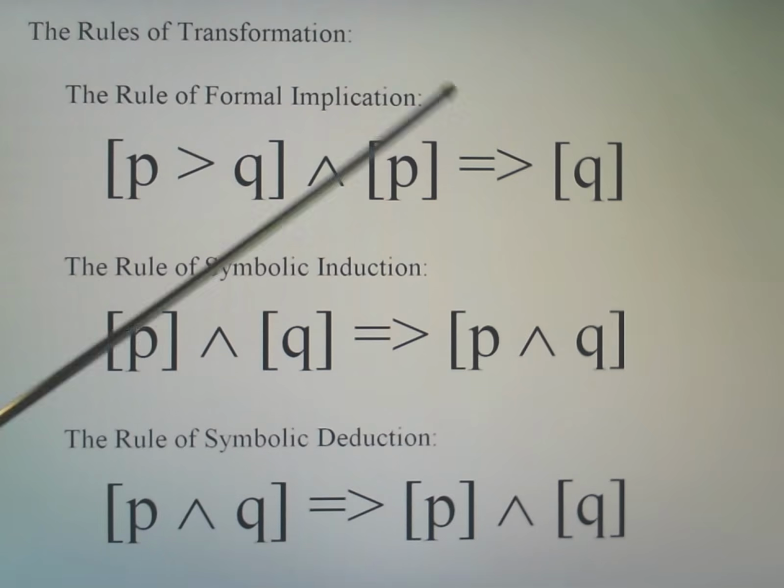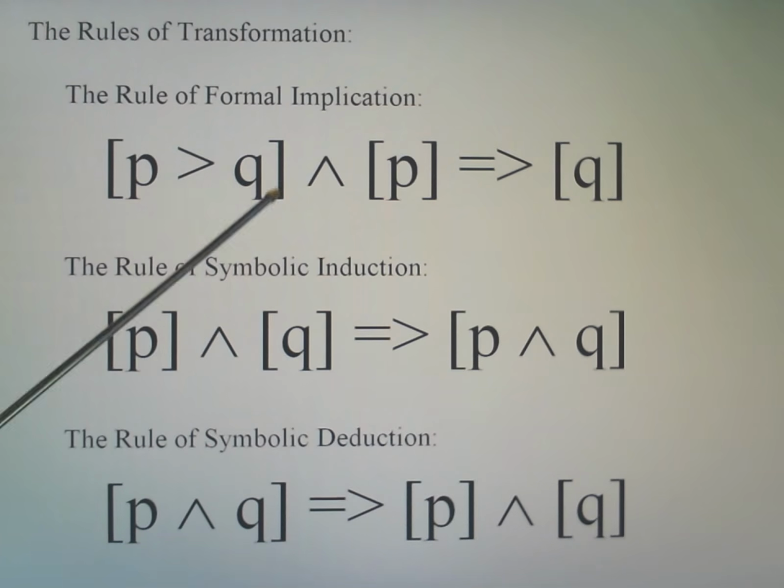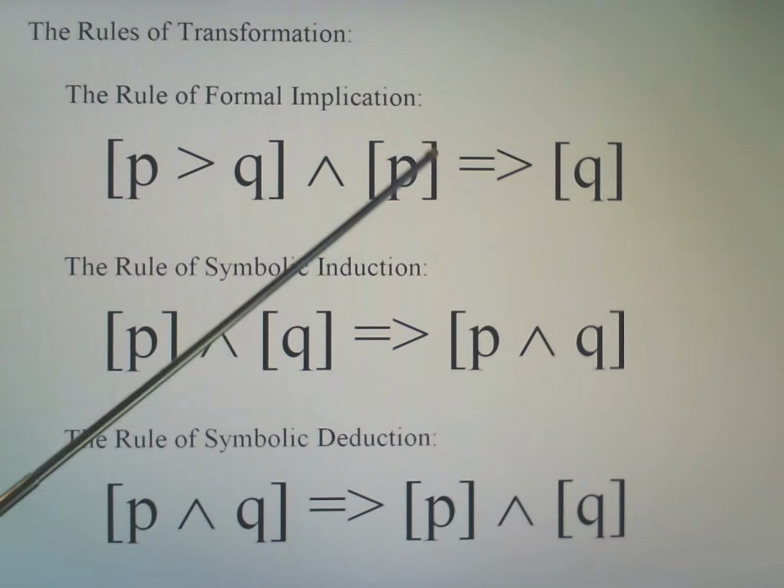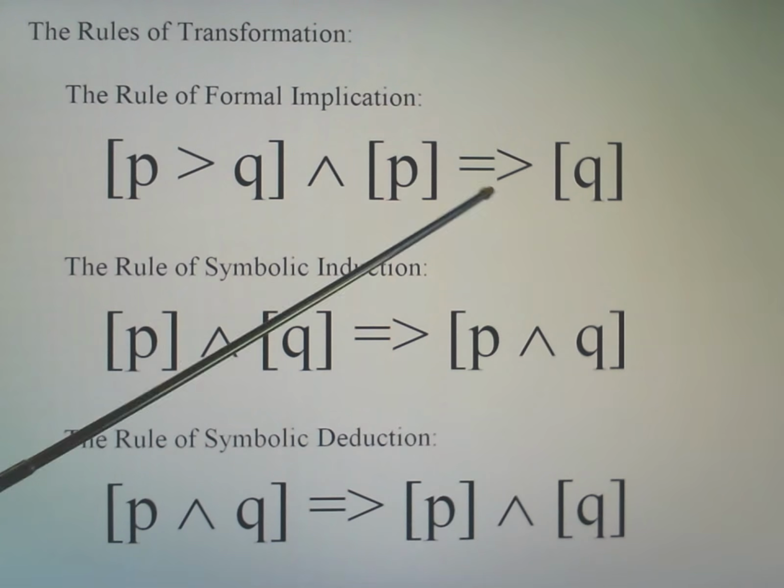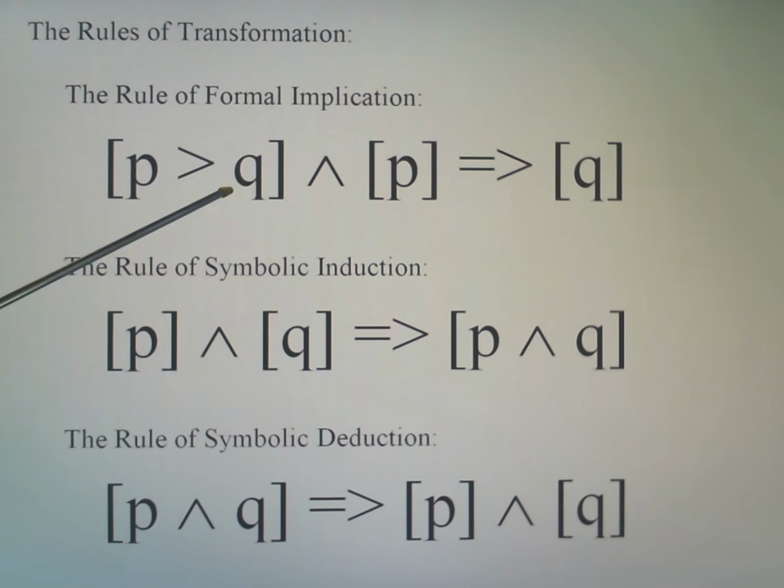And so if we use this, in other words, if we have a line in a proof like this and a line in a proof like this, then we can create a line in a proof that looks like this, in other words, using this part right here. And if these are true, this will always be true. And that is all that is required from formal logic.